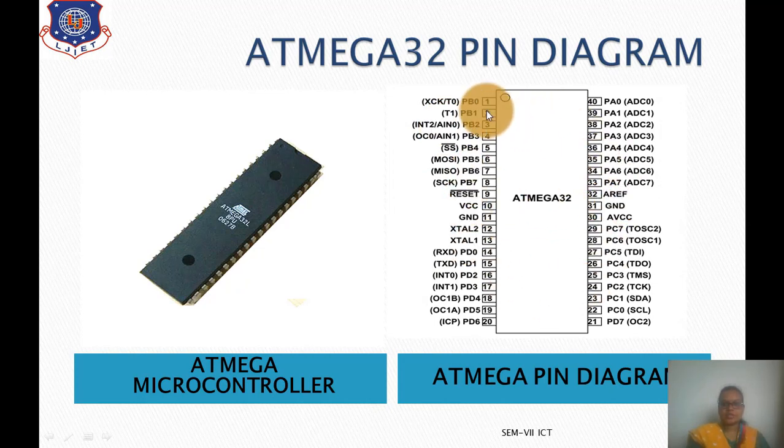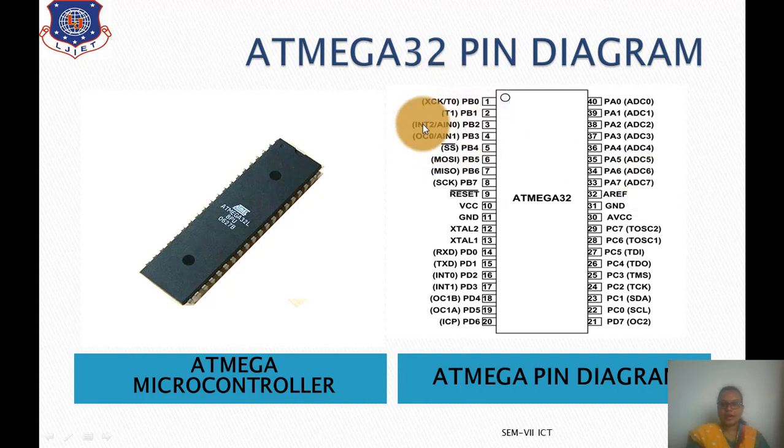As you can see, same as the 8085 and 8051, it is also a 40 pin IC. This 40 pin IC will have pins 1 to 20 on the left side from top to bottom, and pins 21 to 40 on the right side from bottom to top. Now, there is an input output port PA0 to PA7 with its alternate functions, that is ADC0 to ADC7, the analog to digital converters.